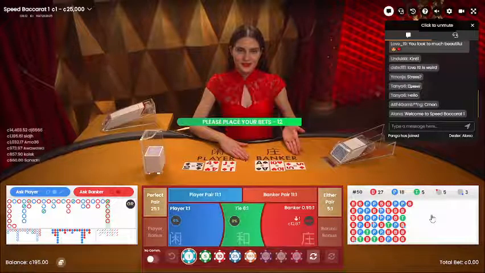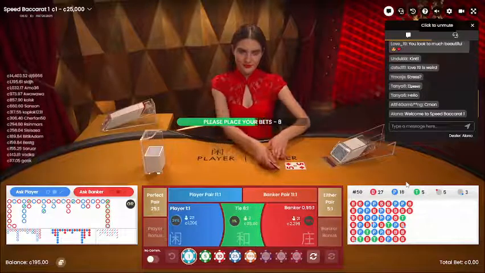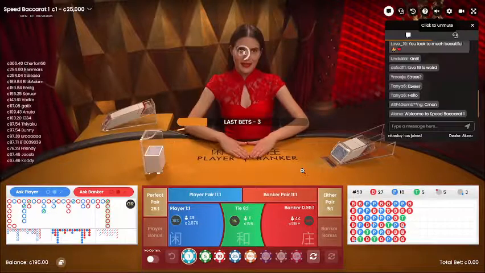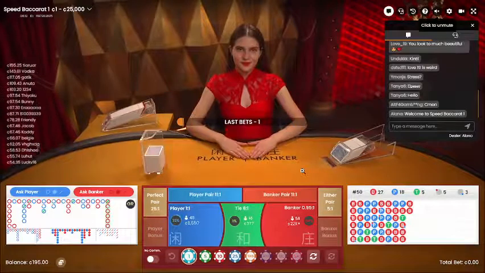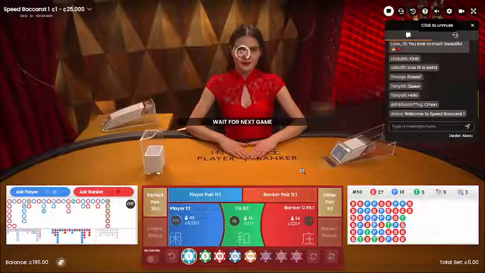Guys, look at the balance right now. In a very short span, we're able to achieve our targets. And this is how easy it gets. This is how easy you can play the game of Baccarat. This is how easy money can come to you. Very easy playing this casino game. And guys,